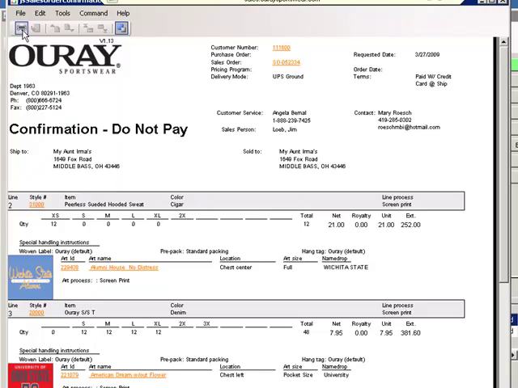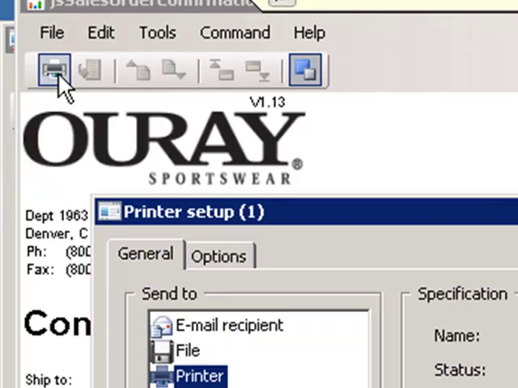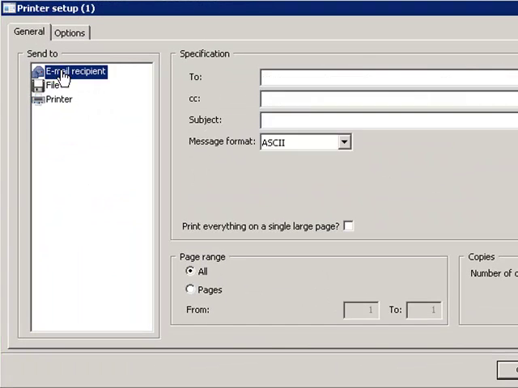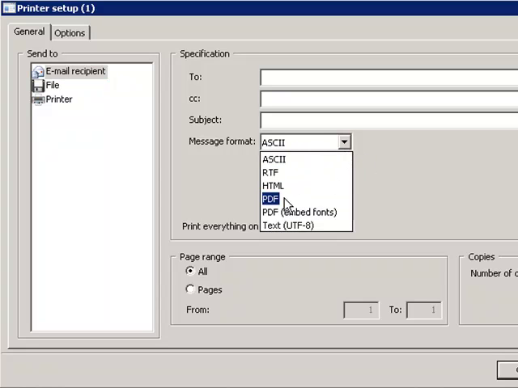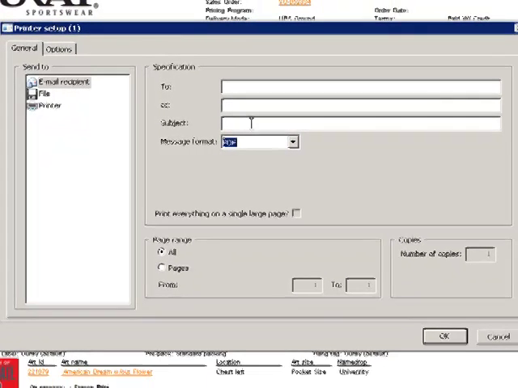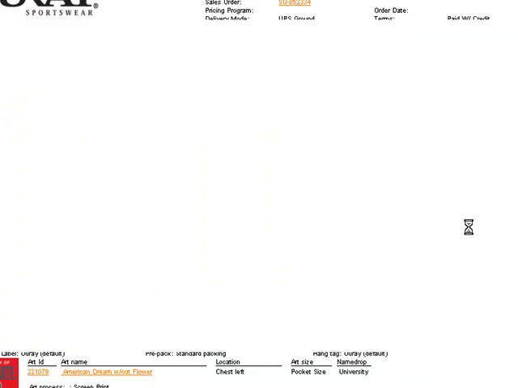To send the confirmation, simply click on the printer icon in the upper left-hand corner, and then immediately change the Send To configuration to Email Recipient, change the message format to PDF, and then ignore the fields for To, carbon copy, and subject, and instead immediately click on the OK button in the lower right-hand corner, which will open up